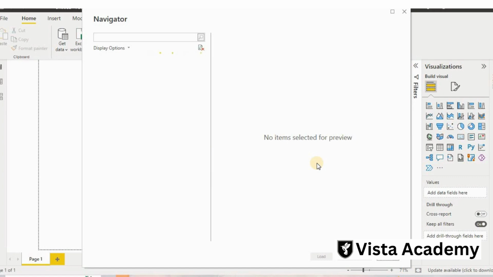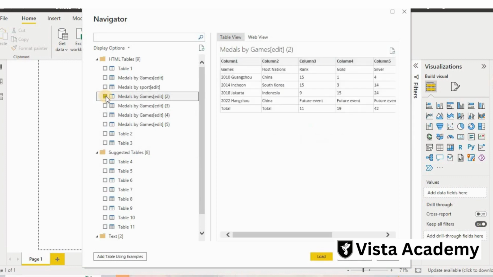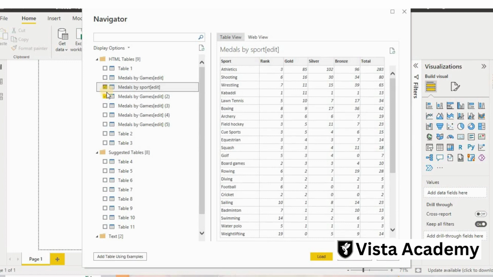If you are a beginner in Power BI and looking forward to start and create a report on the Asian Games, what India has done so far in the Asian Games, this will help you out. There are two tables in that which are very useful, but we are only using one table here. You can even use the second one. If I click over this, this is not for our use. If I click on this, it is for our use.